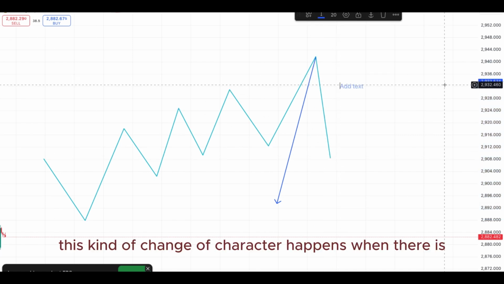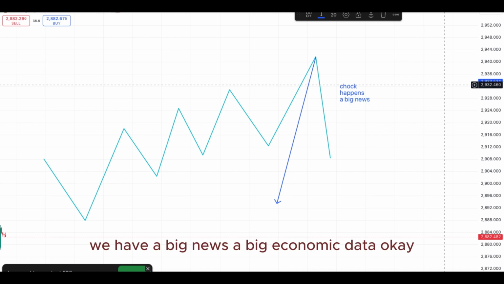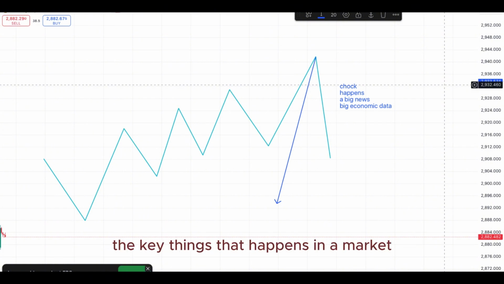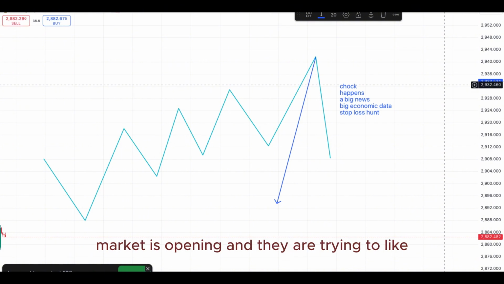This kind of change of character happens when you have big news, a big economic data release. Okay, those are some of the key things that happen in the market, or even stop loss hunts. It could be a situation whereby the new market is opening and they are trying to cover up with a stop loss hunt. So